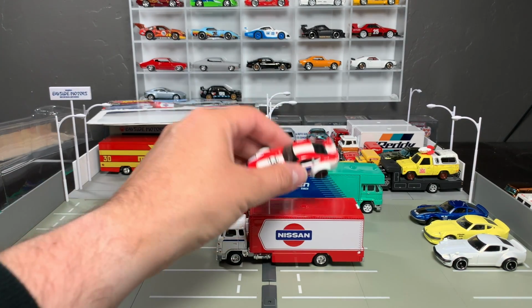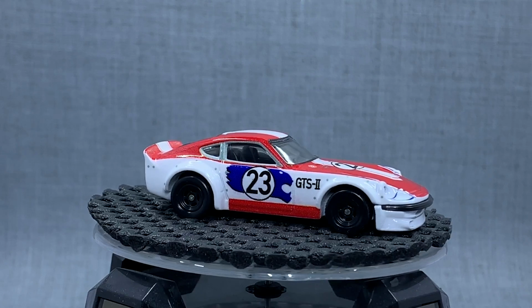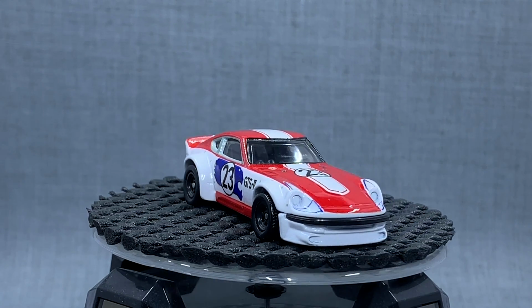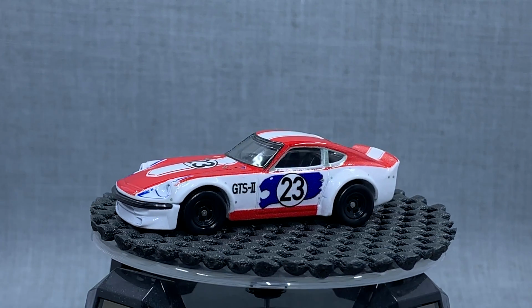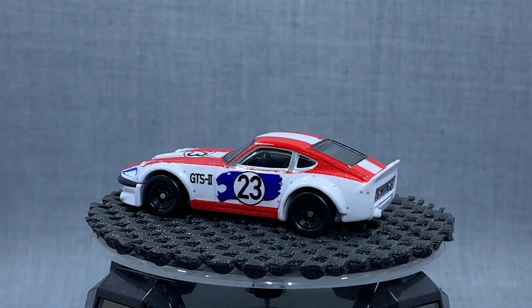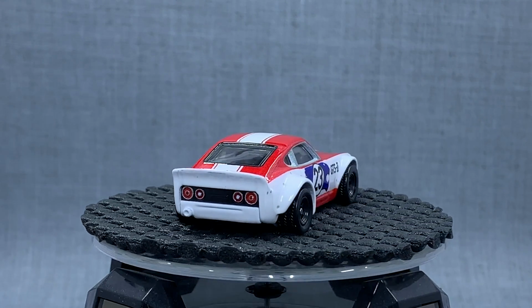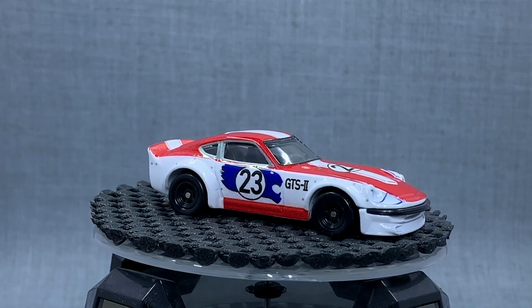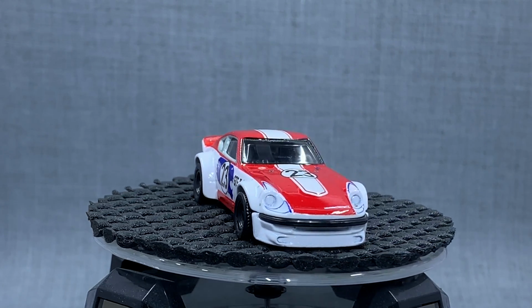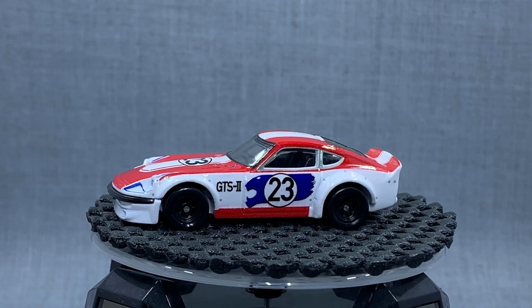All right, but here's what's cool about this casting: it's based on an actual Nissan racing car. It's more of a test car. It didn't actually race. It was the Omori factory, I hope I'm saying that right. Omori factory test model, the GTS2 or the 240ZG, and a whole bunch of enhancements done for this one for Nissan to test race. I don't think it was ever actually raced, but this is a licensed deco,